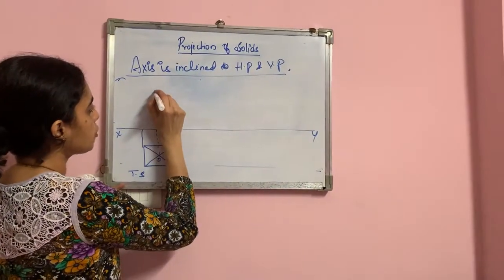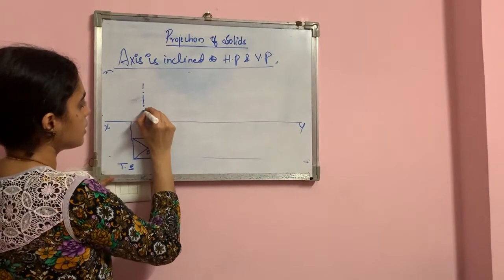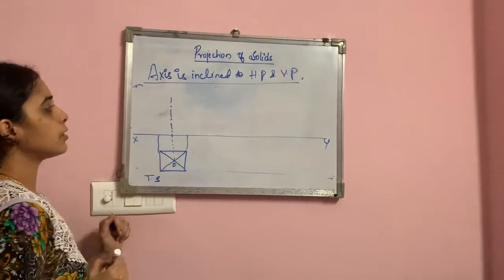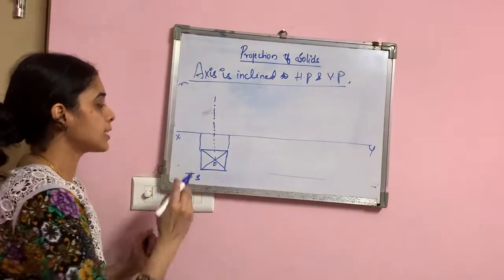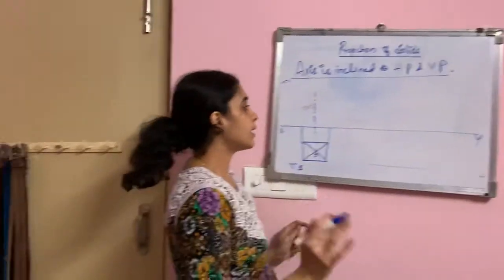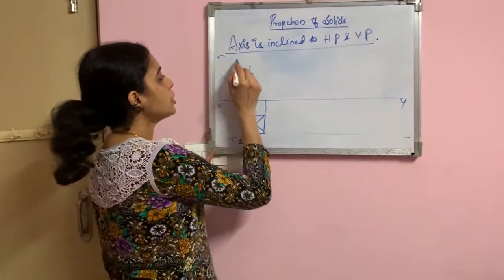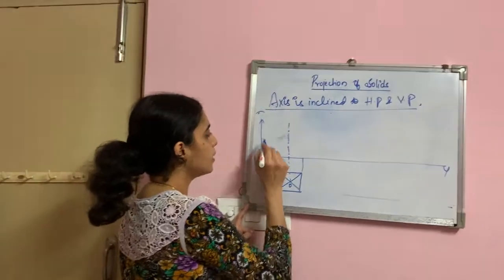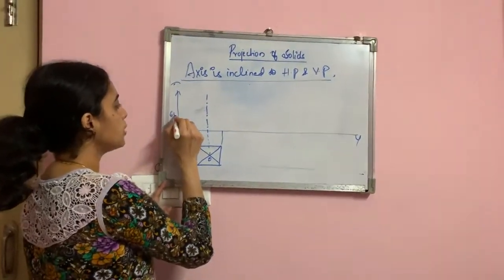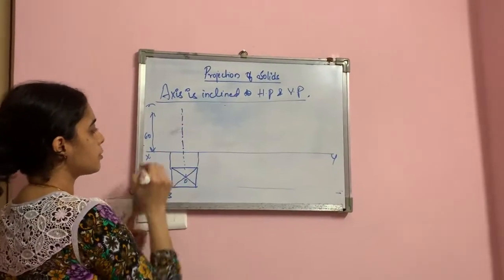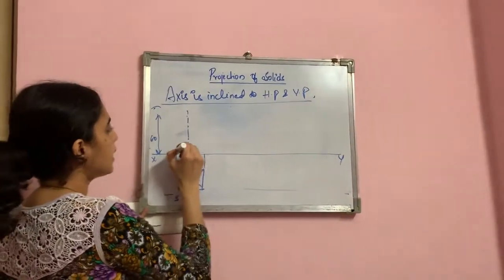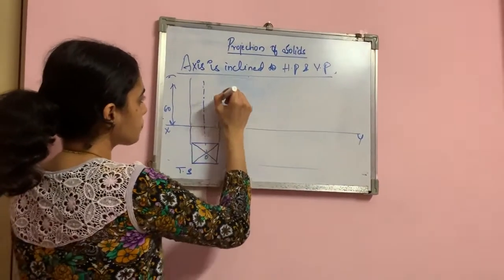Okay, first you will show the axis. Axis is denoted in this way. In the beginning of the EGDL class, we have described how the axis line, the hidden and continuous line will be. In the question, they always give you the axis height also. So you will take 60 mm or 50 mm, whichever is given. Then you take the projection.